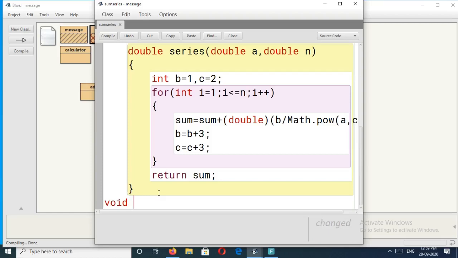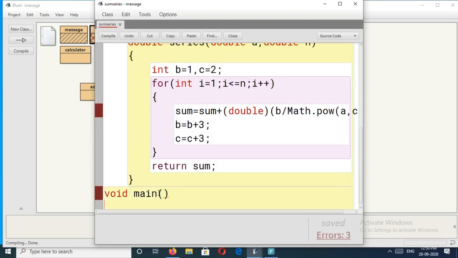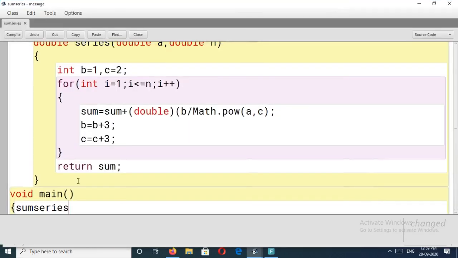Void main, then create one object of the class SumSeries, space S1.